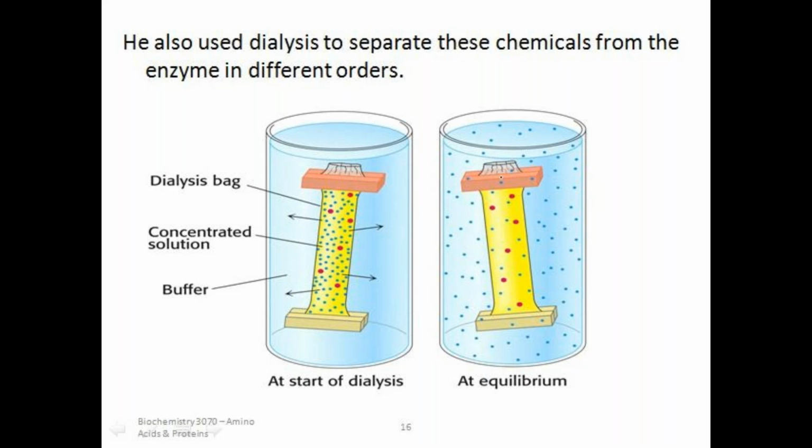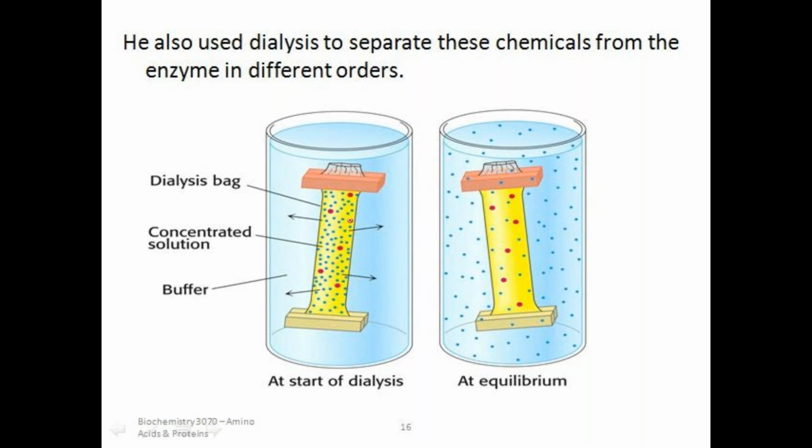Here, beta mercaptoethanol breaks only disulfide bonds. The major bonds responsible for the tertiary structure are the hydrogen bonds and disulfide bonds. That means disulfide bonds are broken by beta mercaptoethanol, whereas urea breaks only hydrogen bonds. These different chemical components present in this enzyme are separated by